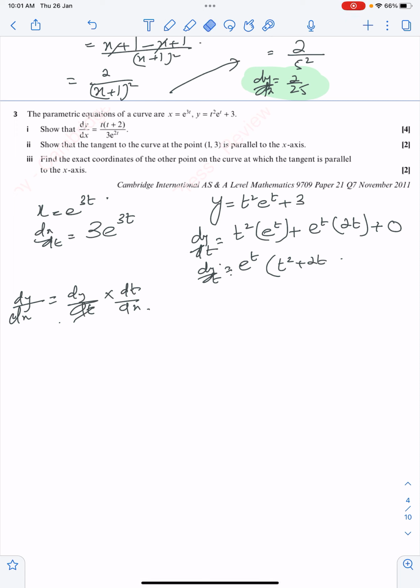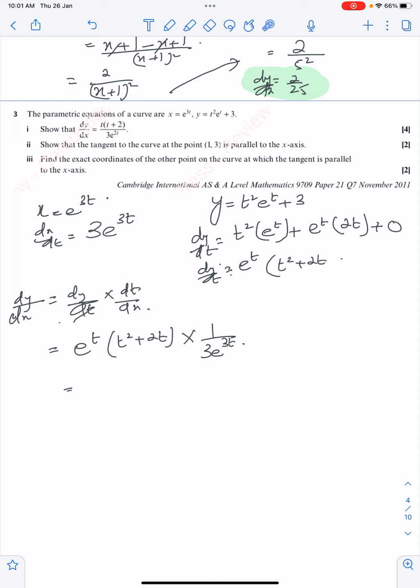Okay, so actually you're supposed to multiply them. So dy by dt is e to the power t times (t square plus 2t) multiplied by the reciprocal of dx upon dt, which is 1 upon 3e to the power 3t. The answer is going to be,